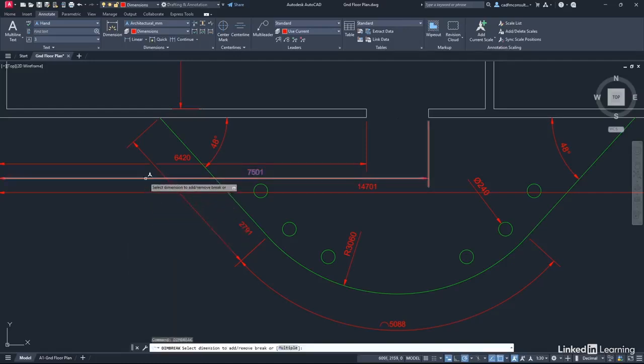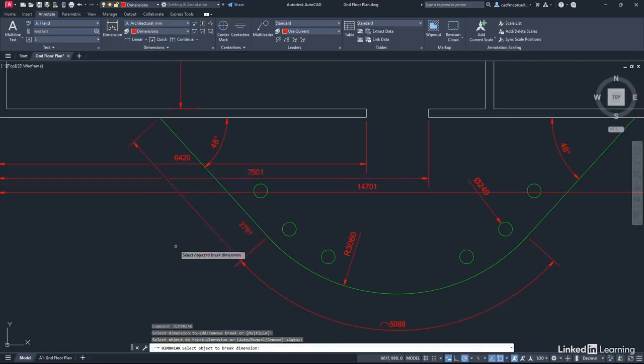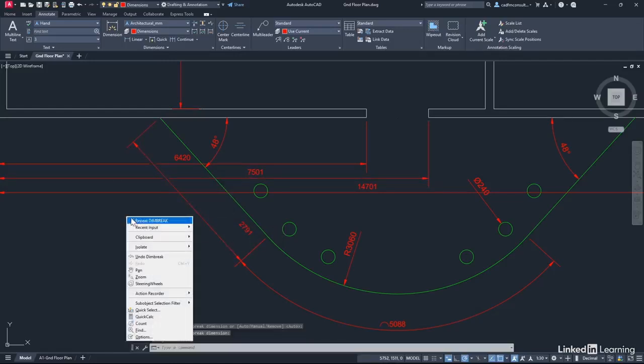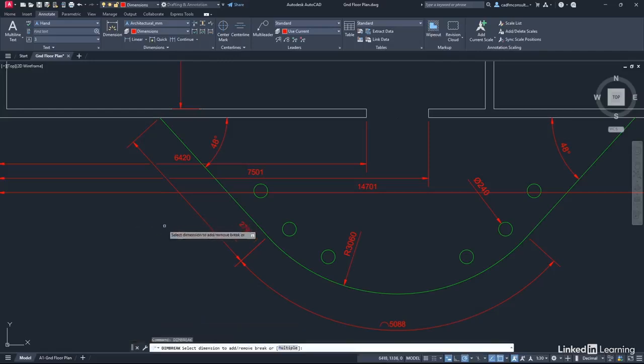I then select this dimension, select the 2791 again. There's another break there, like so. Enter to finish, right click, repeat dim break, and again, the 14701 dimension there. Click on the 2791 dimension and it puts the break in. Press enter to finish, and now can you see the 2791 dimension is much, much clearer, and it doesn't affect